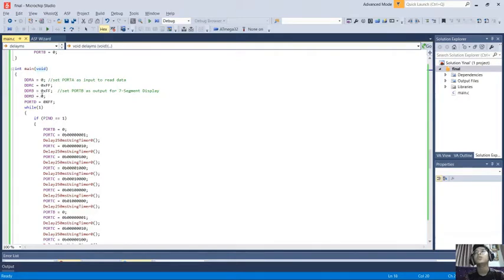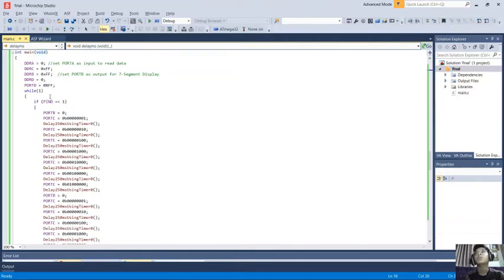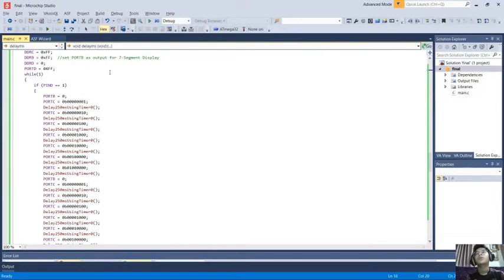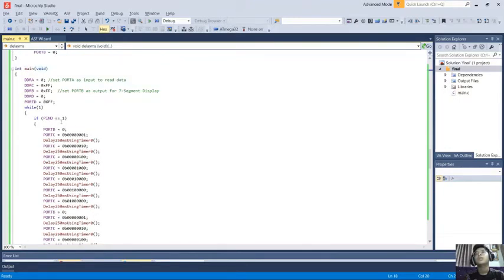And the last one is port D. DDRD is equal to 0, which is our input for the switch, and PORTD is equal to 1 to enable the pull-up resistor. So we enter the loop while 1. So if our pin is equal to 1, or switch 0, SD0. So on task 1,